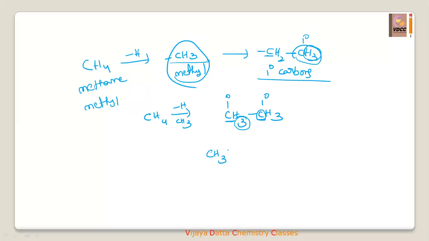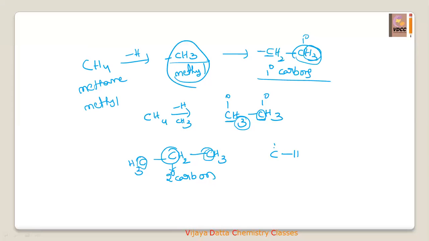See here, CH3, then CH2. Here three hydrogens are there, but I have written only two. That one more hydrogen I replaced with one more CH3 group. Now this carbon is said to be secondary carbon because this carbon is attached to two other carbons. So this is said to be secondary carbon. Fine. This carbon has two more hydrogens. Now I am taking one more hydrogen and replacing it with one more CH3 group.